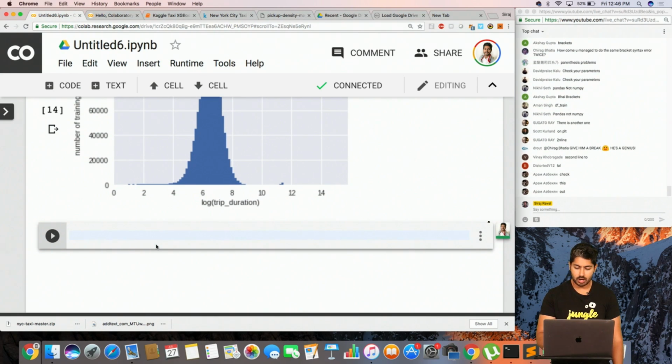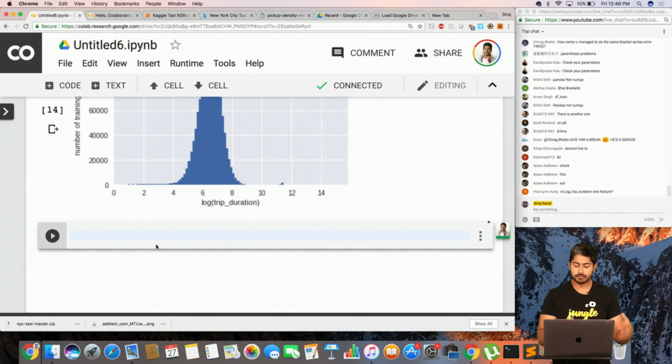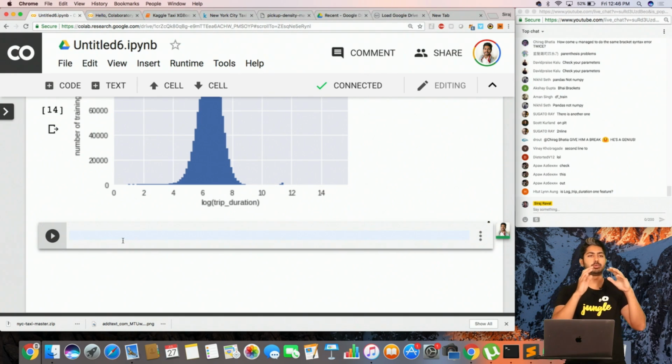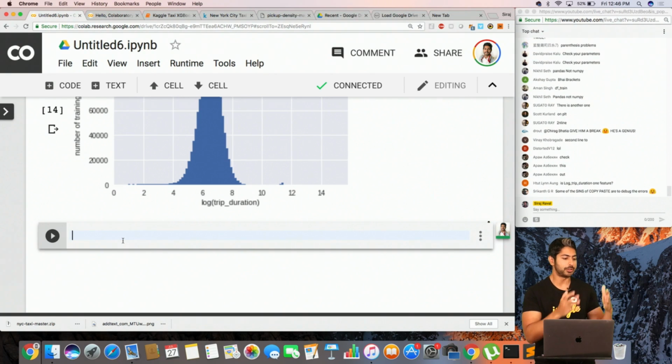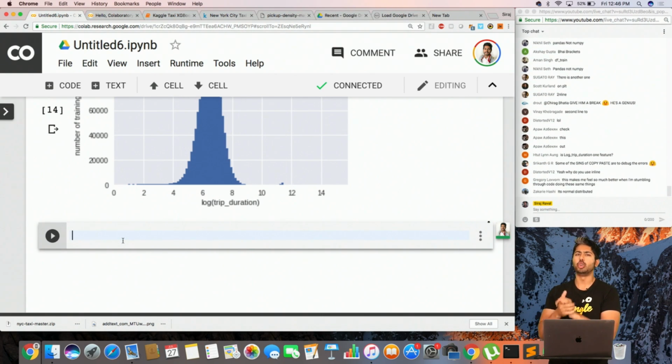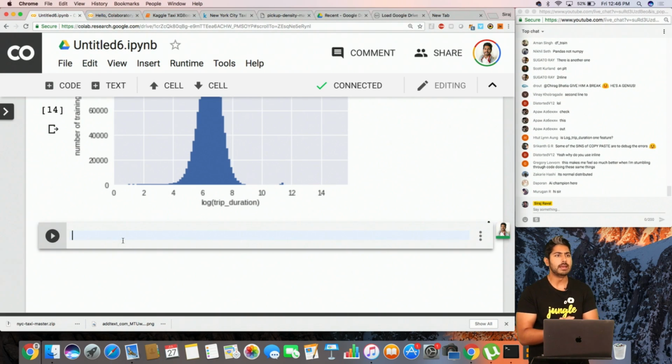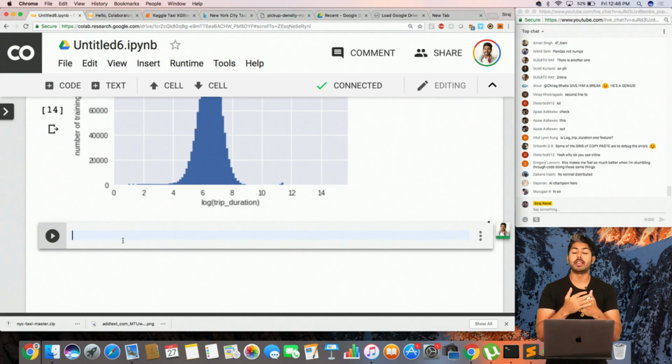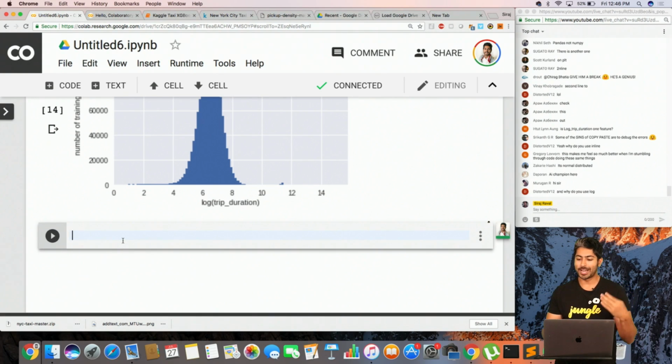What else can we do here? Oh, you know what'd be cool is if we could visualize how much overlap there is between the training and the testing data. So we've got training data, we've got testing data, and we don't want the testing data to be too similar to the training data, because then if our model is overfit, we're not going to know how to prevent that. So we want to make sure that there's not a lot of overlap.